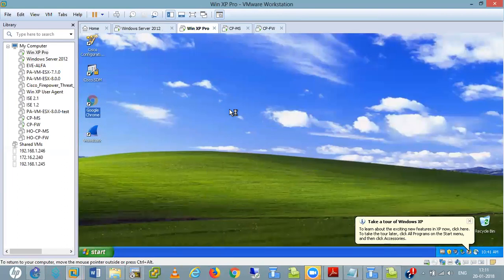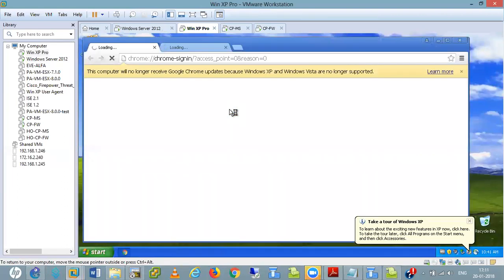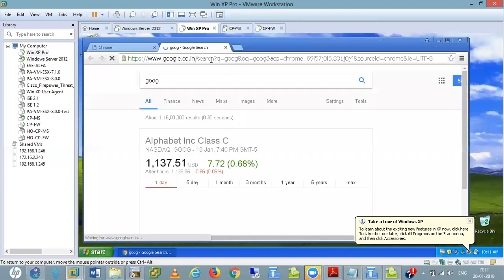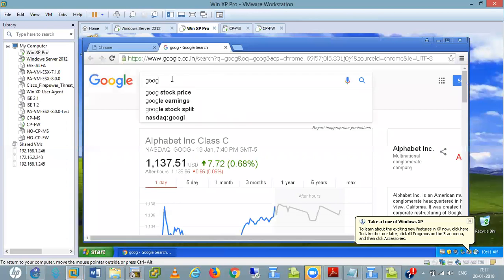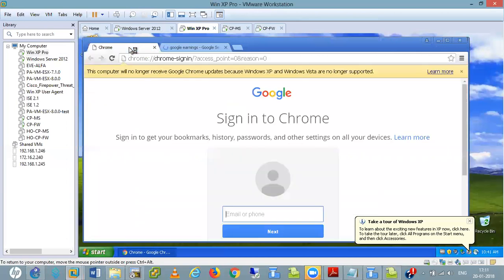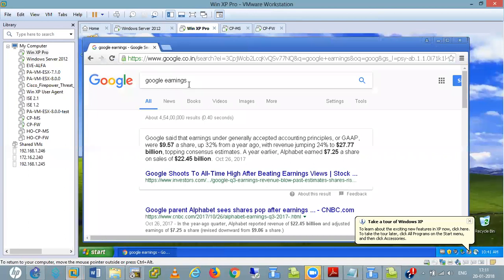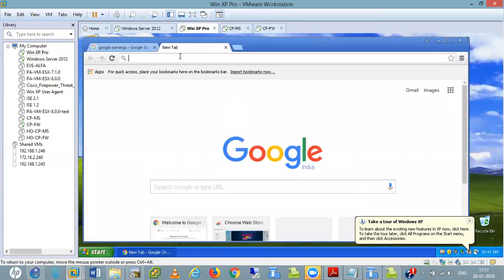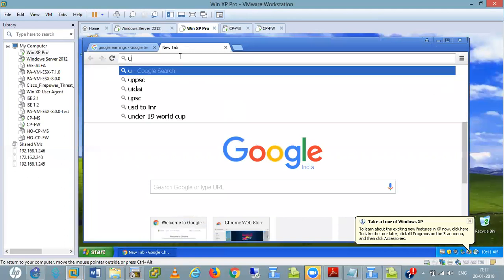So now if I try to go to any website, I am just going directly to the website. I didn't get any message, like this captive portal or anything else, because I am logged in with the domain users right now.